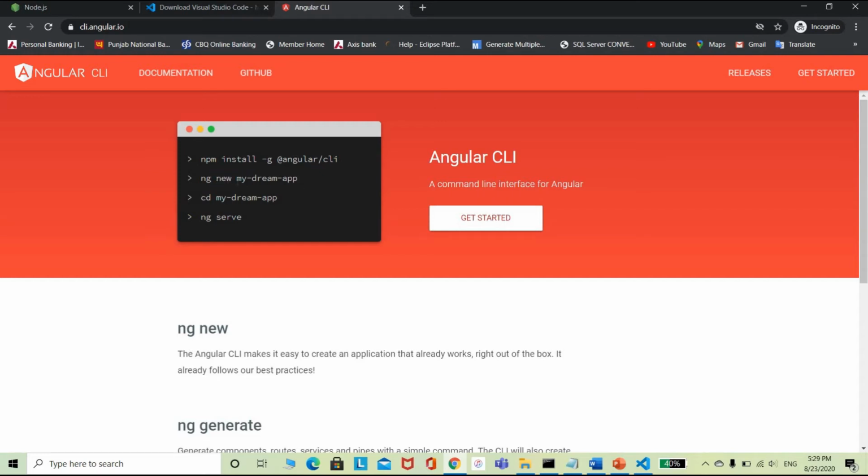So here what exactly is going to be done is a file is going to be created with the name my dream app. It can be changed as per your own use. Then cd, again the name of the file. So this command will let you get inside the project, and then ng serve, which is going to run your project. These are the only four different commands. Now let us move forward.